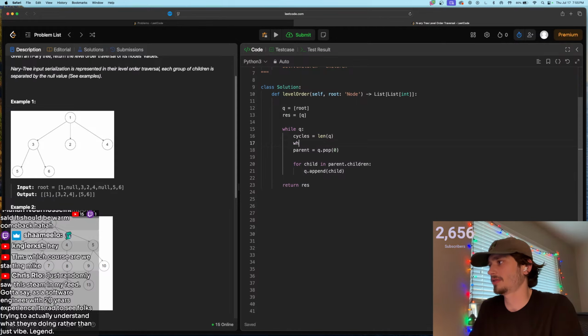Or we could say for range cycles, right? We're going to do something that many times. Then we pop the parent and add the child of said parent, which is currently in the queue. And then at the end of the loop,